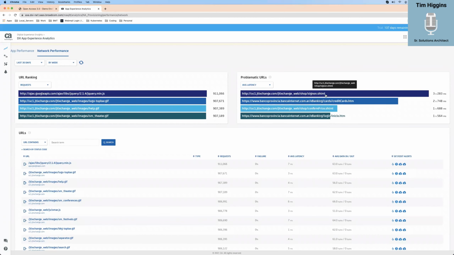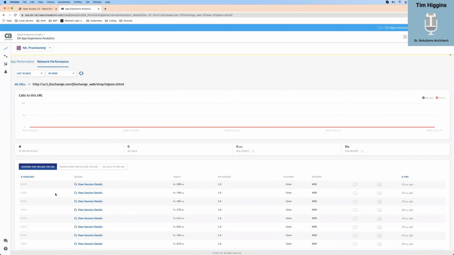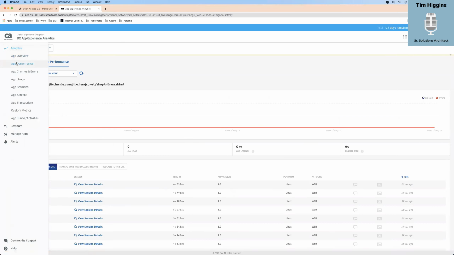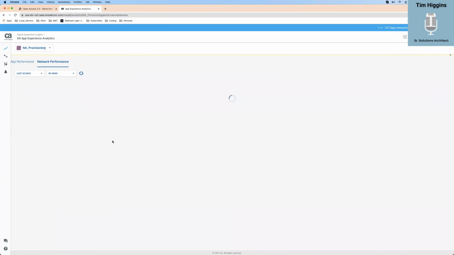Now, if I click on one of these and give it a second to load, this again is going to bring you to more of the session view. But the thing about this is I can search by problems. Now there's no problems, so that's pretty cool. Just for that one, because we're only looking at this one. So if I went back to another one,